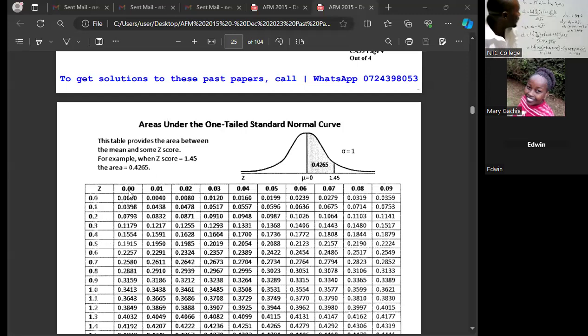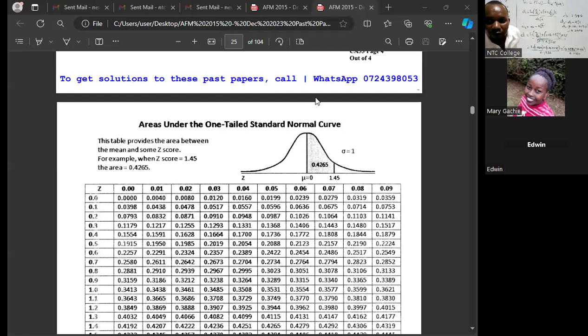So here, tuko na 0.54. So you come to 0.5 here. Then unafuata 4 iko wapi? 4 mpaka hapa. Are we together? It is 0.5. Then you look for 4. Hakuna kitu ingine after 4. Unaona hapa hakuna kitu ingine hapa. So you only come to 4 here. So your answer is